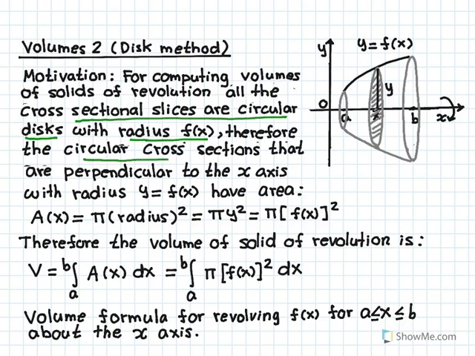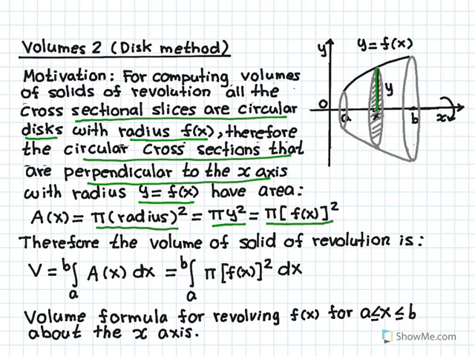Therefore, the circular cross-sections that are perpendicular to the x-axis have radius y equals f of x. This is the radius of this cross-section. The area is going to be pi times radius squared. That's the area of a circle. That's pi times y squared, but y is a function of x, and we get pi times f of x